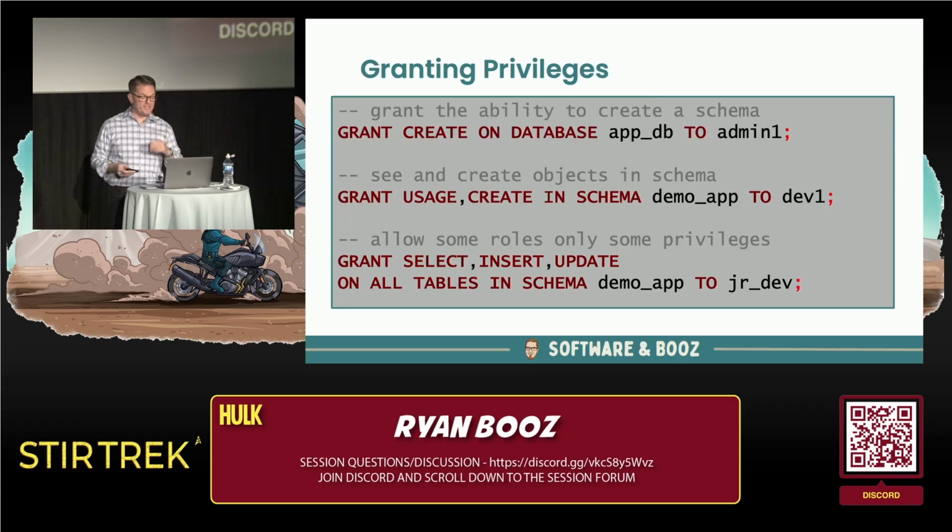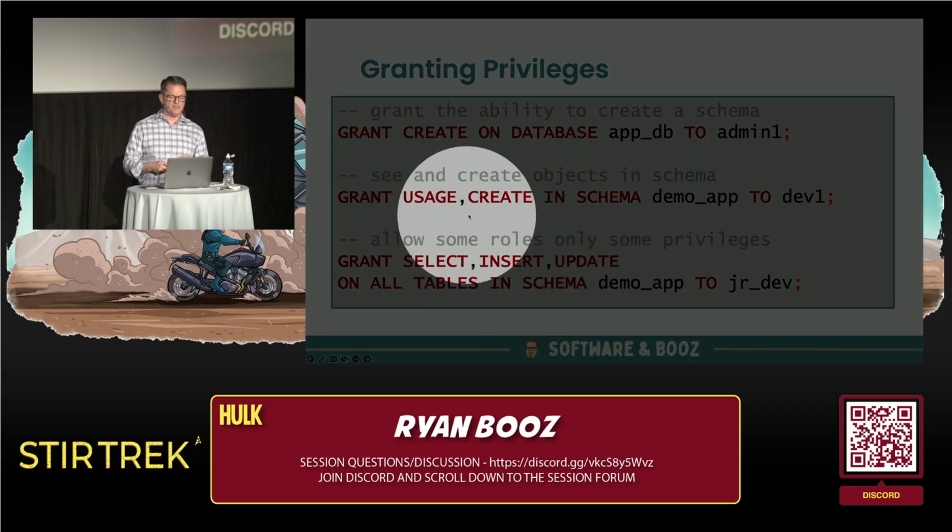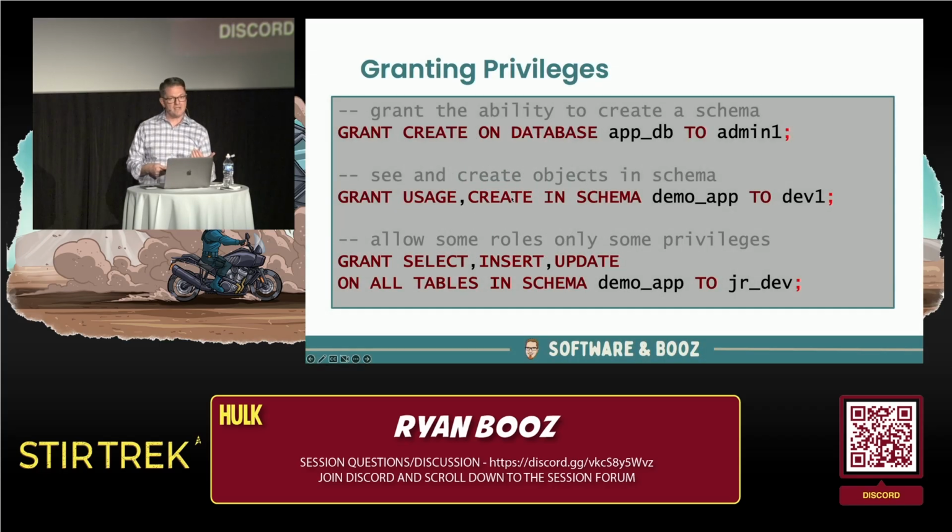And then granting privileges, again, hopefully makes sense. We say grant, we name what we're granting. You can reference multiple things in a row for that particular object. So if an object like a table has multiple privileges, insert, update, select, delete, and so forth, you can grant all of them in one statement.